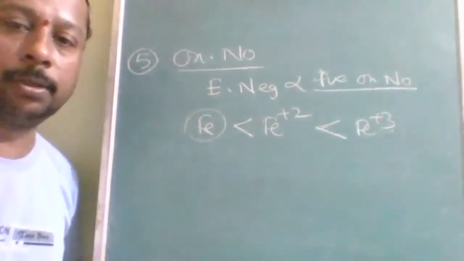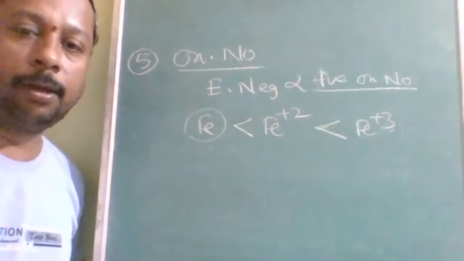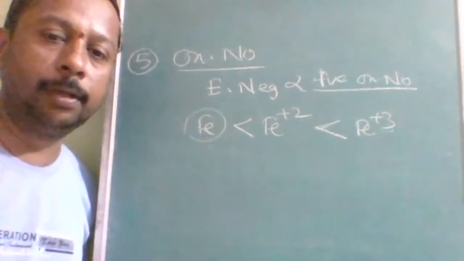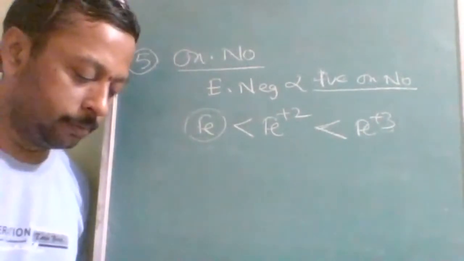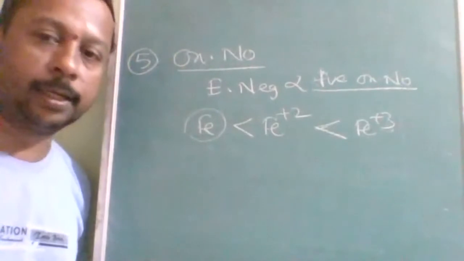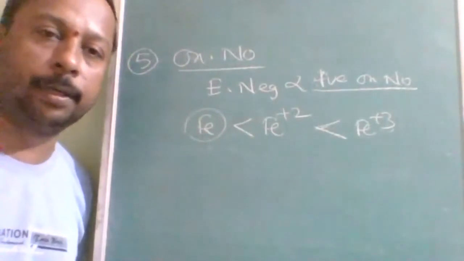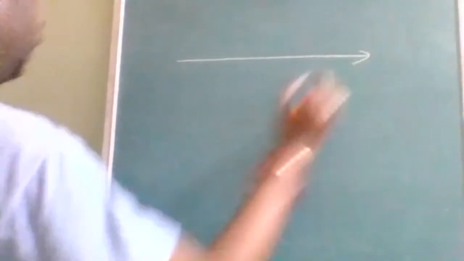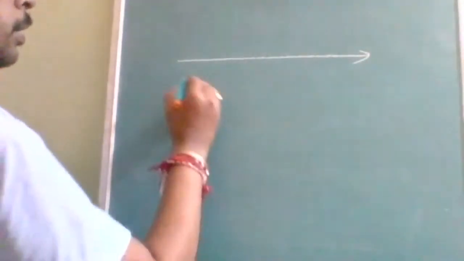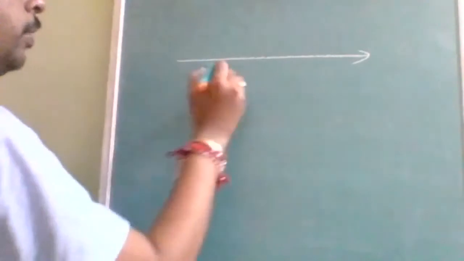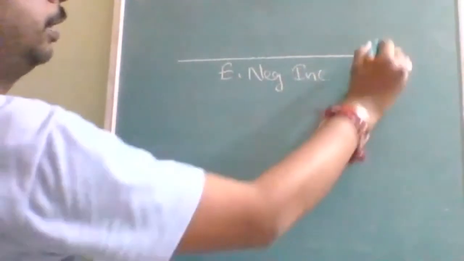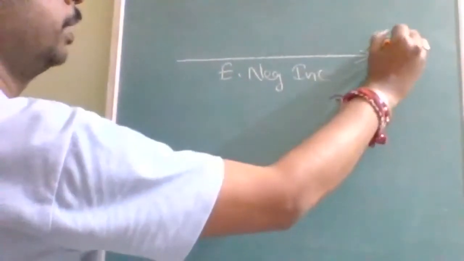Now next topic, write down variation of electronegativity in periodic table. In that again, what will be there? Left to right and top to bottom. Left to right will be in the period, top to bottom in the group. Across the period, I am writing here left to right in a period. So in a period, as we move from left to right, electronegativity increases.